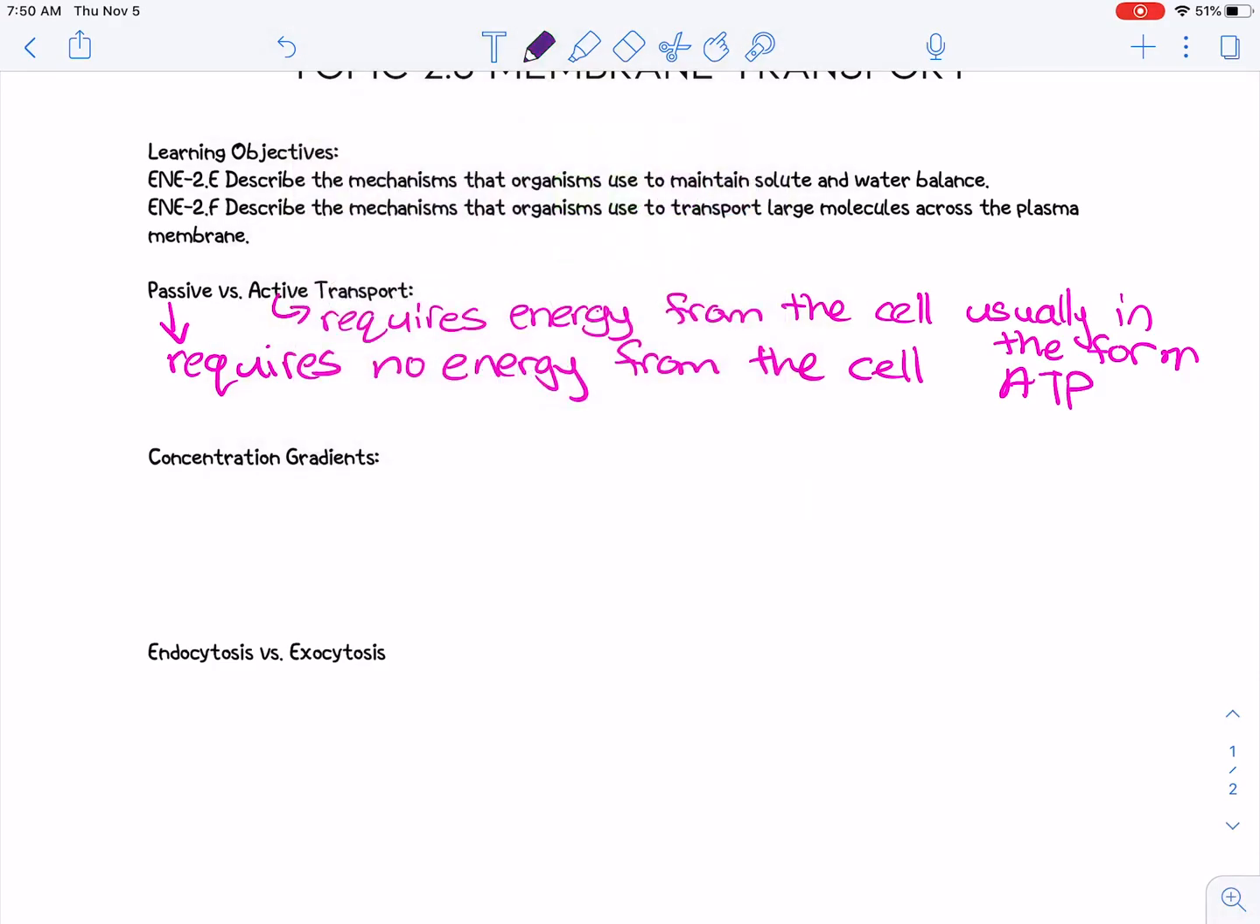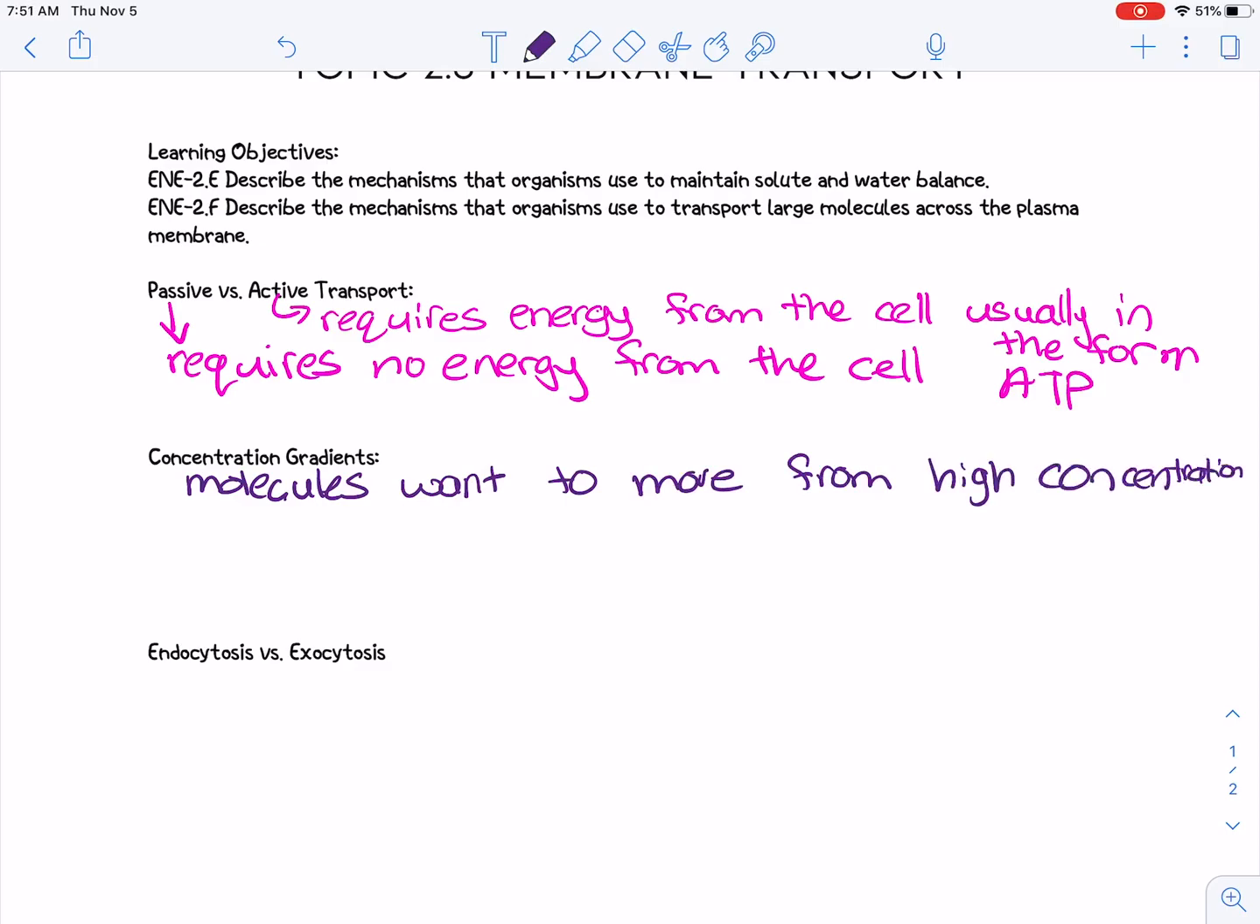So how does the molecule then get across a membrane, or what drives it? We use concentration gradients. So molecules want to move from high concentrations to low concentrations. They want to go from where it's really crowded and there's a lot of them to where there's less of them. So they want to diffuse across a membrane if possible, or somehow move from where there's a lot of them to where there's not so many of them,